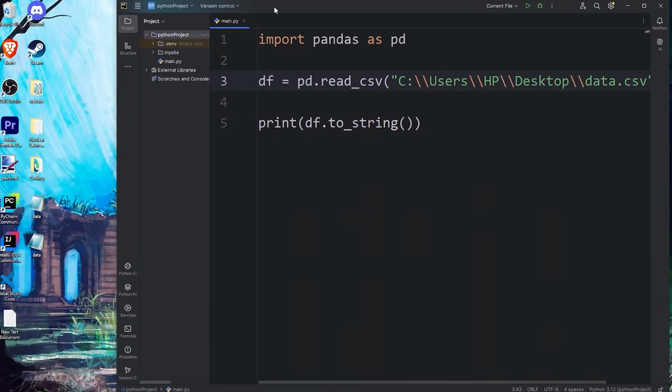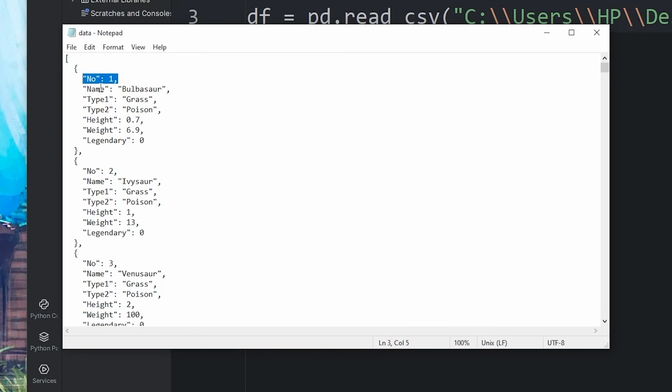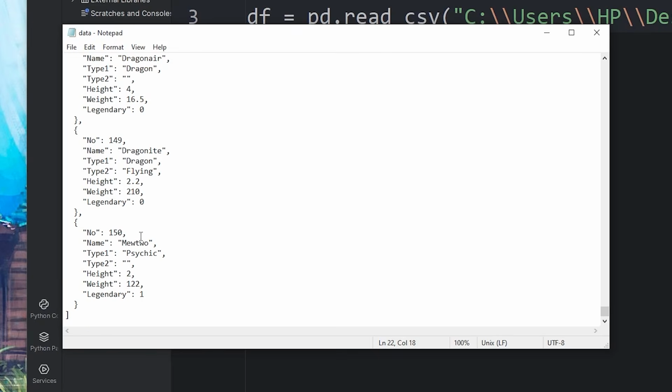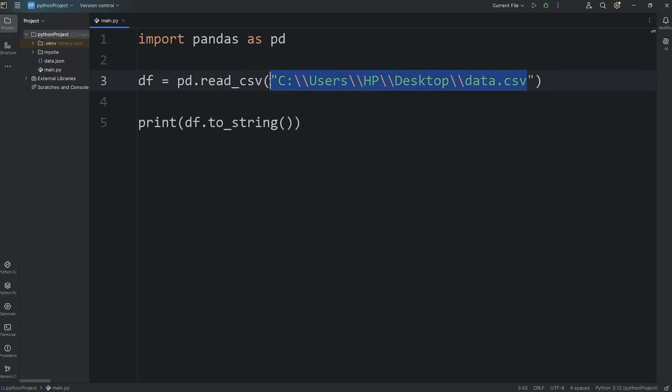Now, to read a JSON file, here's a JSON file that contains the same data. JSON means JavaScript Object Notation. For entry number 1, we have Bulbasaur, Ivysaur, Venusaur, all the way till Mewtwo, which has a number of 150. For convenience, I'll place this JSON file within my project folder. And then to read a JSON file,